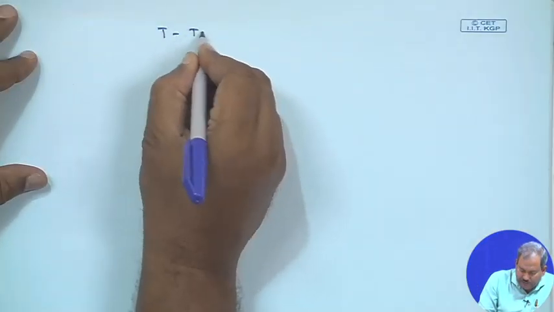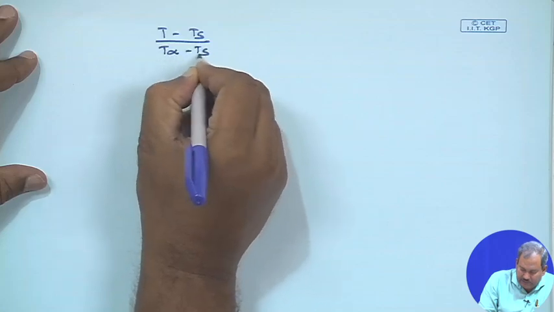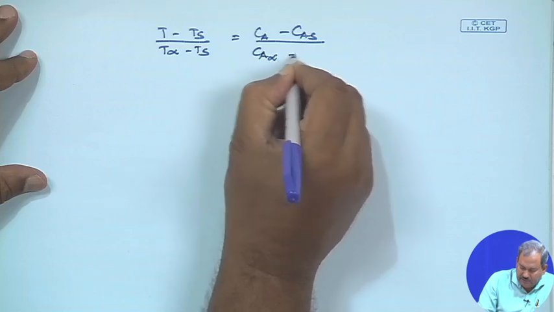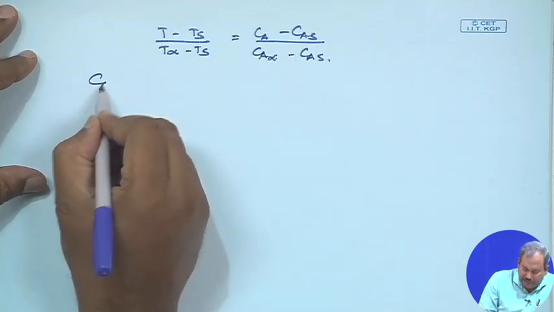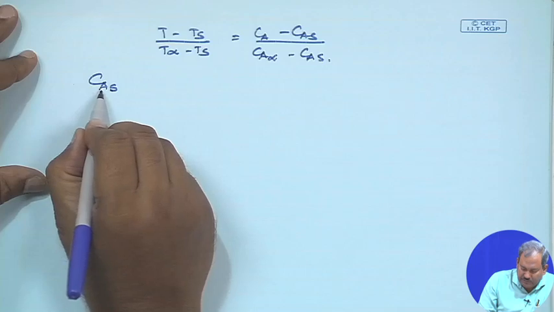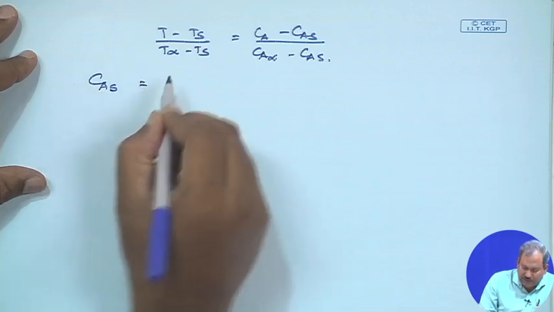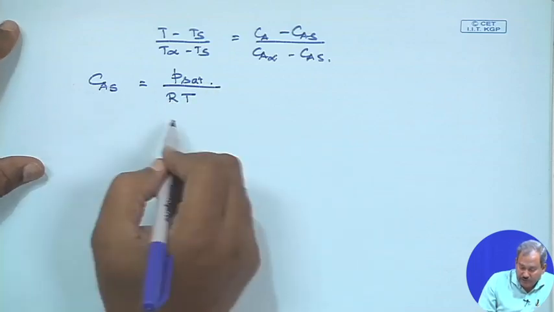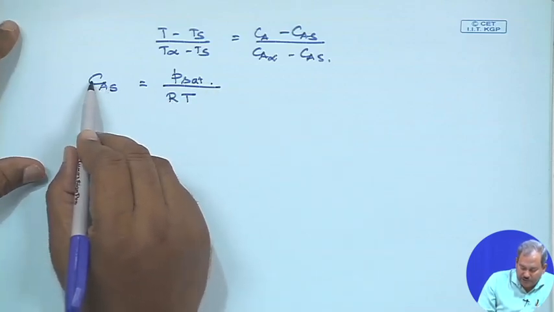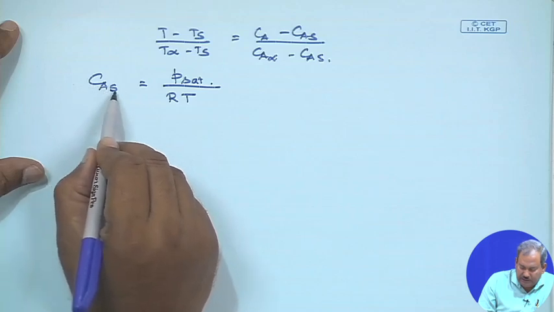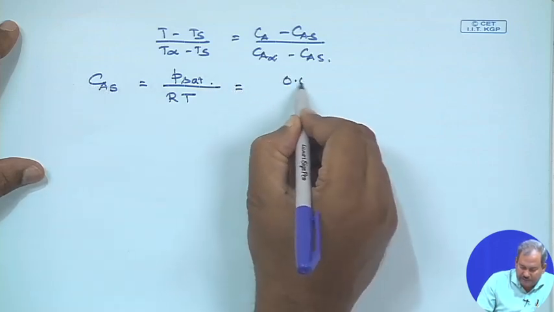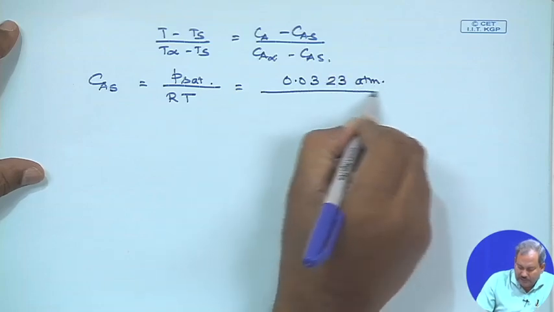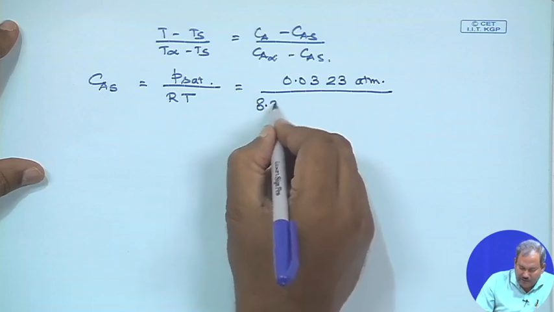So, since I have written this, the rest is pretty simple then. T minus Ts by T infinity minus Ts equals C A minus C A s by C A infinity minus C A s. Now, I need to find out what is C A s, the concentration of the species A at the solid surface, which should be equal to P A saturation divided by R T, using the ideal gas law. So, this C A s is the concentration of species A at the surface. The P A sat is provided as 0.0323 atmosphere. If we use the corresponding value of R, which is 8.205